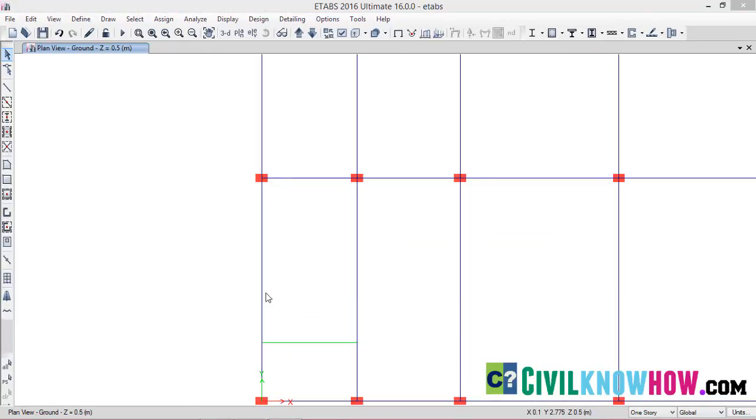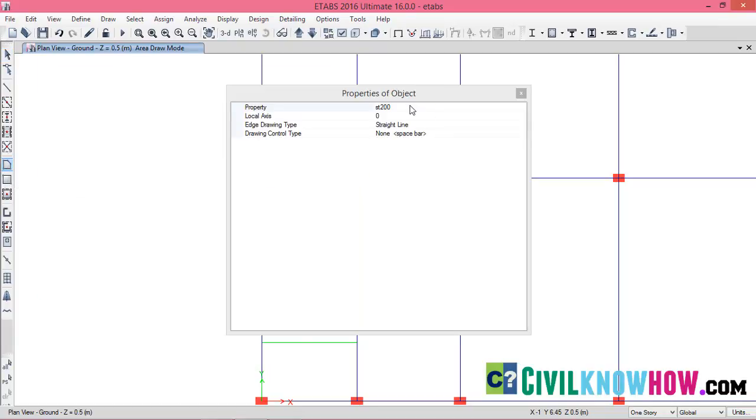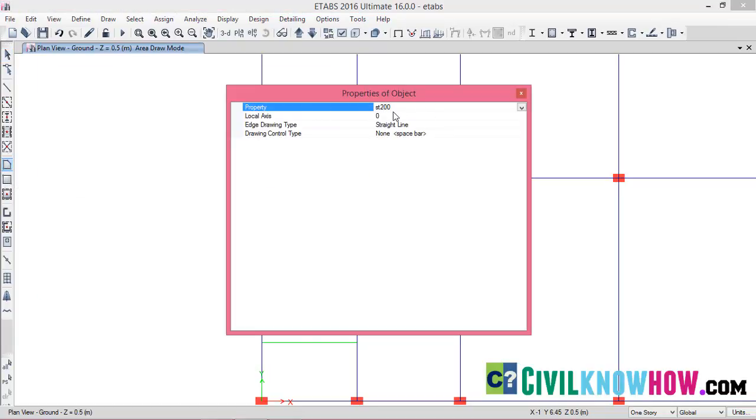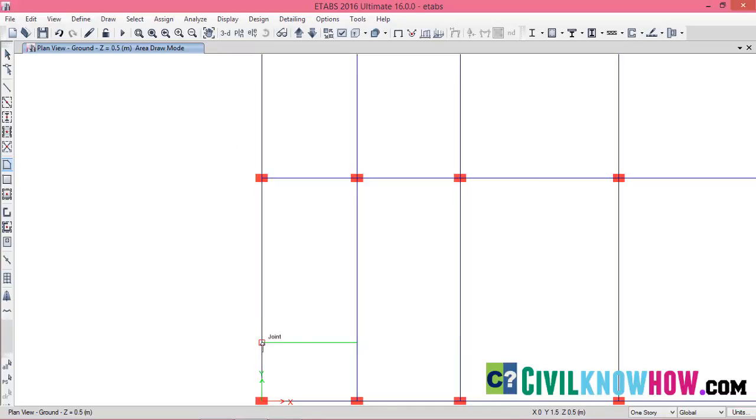So now we need to draw a stair fly that is going to connect the ground floor to the mid landing, and from the mid landing to the first floor. So for that, let's select the draw floor or wall option, and for the property, I'm going to select the slab thickness that I have assigned before, that is 200 mm thick slab. So I have just started from this joint and connected with the middle joint,